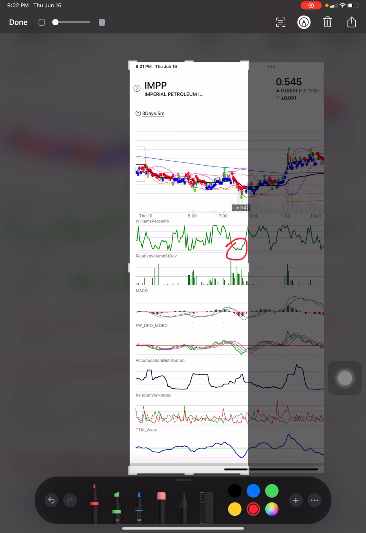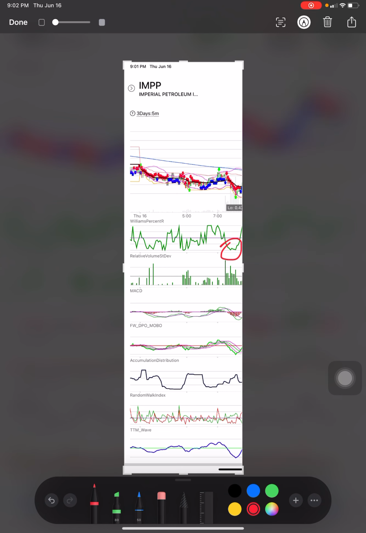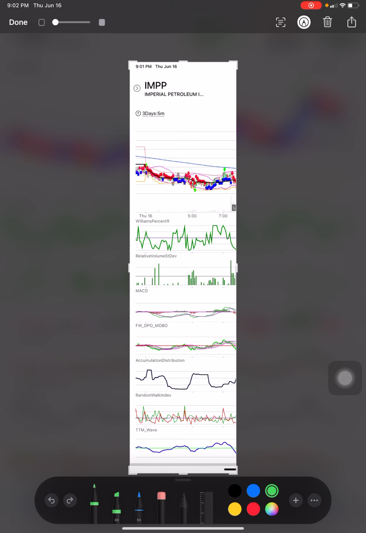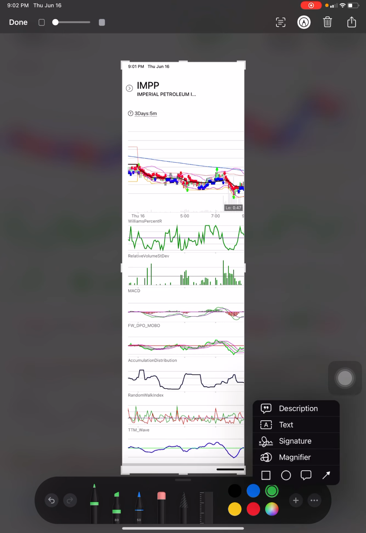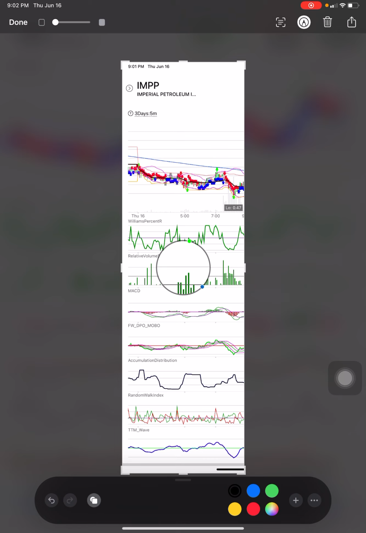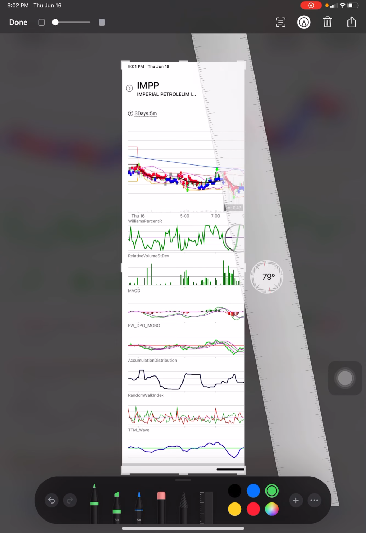And then here you come, you're in this part of the day, and you go, oh, look at that. Williams just went bullish. All right, well, there's your buy signal right there. Right as soon as it clears negative 50 is your buy signal. Let's get rid of that red circle. And actually, we can do this more cleanly. There's your buy signal, right when the green line crosses negative 50, which, if you want to draw it out perfect,